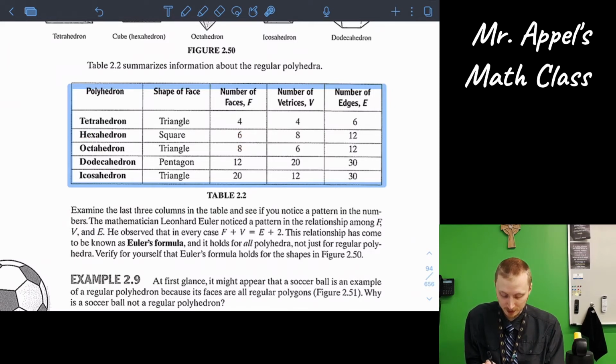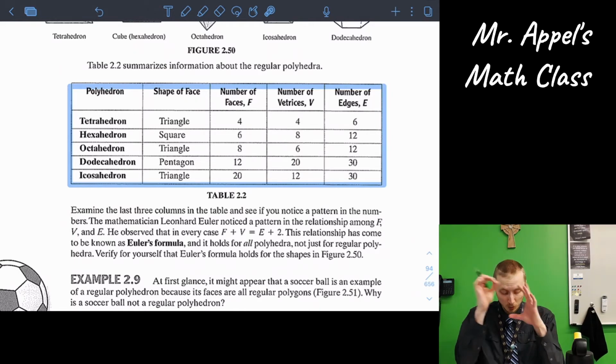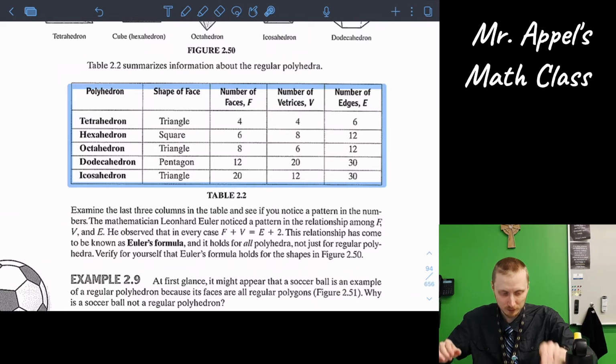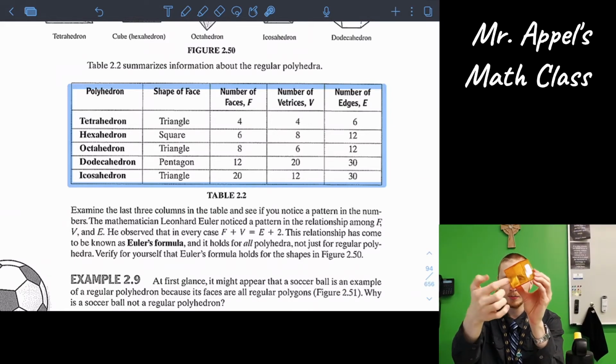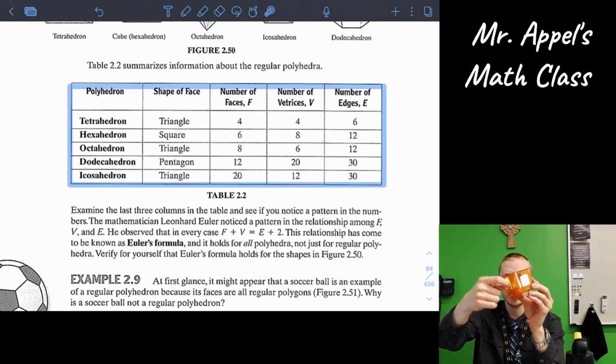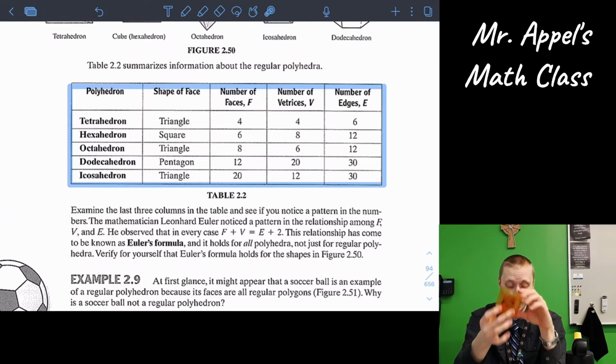Notice the faces and vertices switch. Same with the dodecahedron and icosahedron. The faces and the vertices swap. In fact, you can take one and connect the points inside of the other. If I took this cube, right? If you connected the points, took the center point of that face and connected it with a line segment to the center of each other face, okay? You connected all the adjacent faces together, those line segments would form the edges of